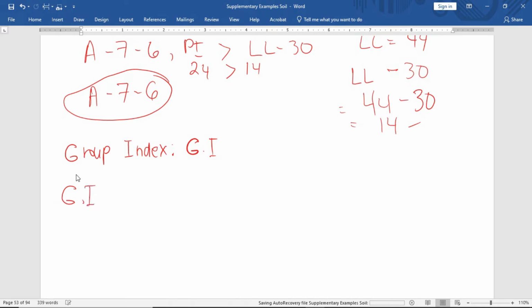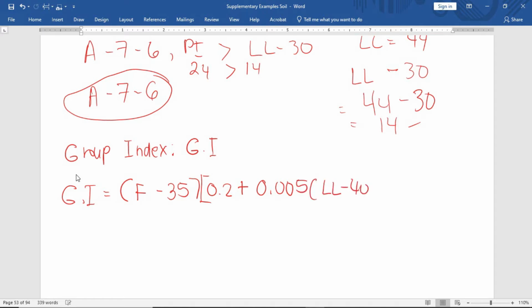GI is equal to F minus 35, parenthesis, 0.2 plus 0.005, parenthesis, LL minus 40, close parenthesis, plus